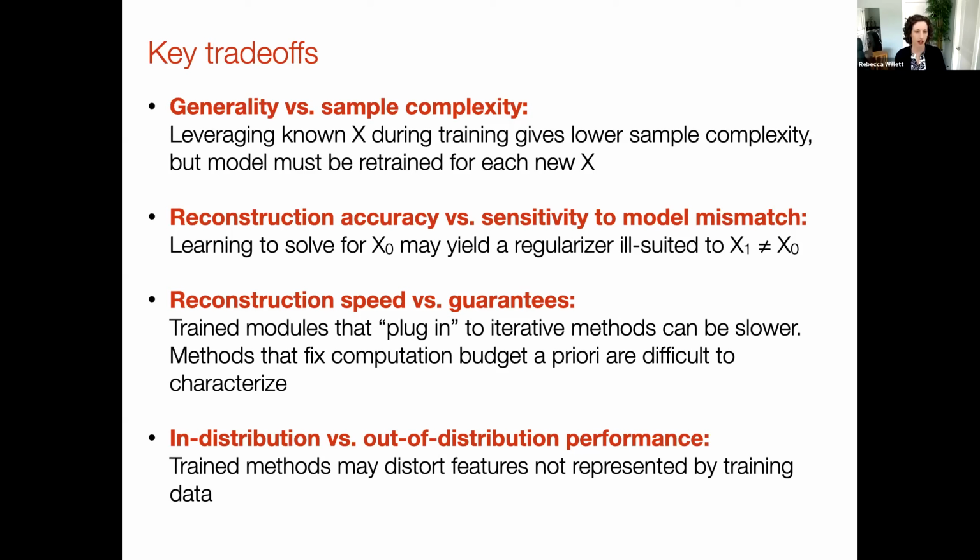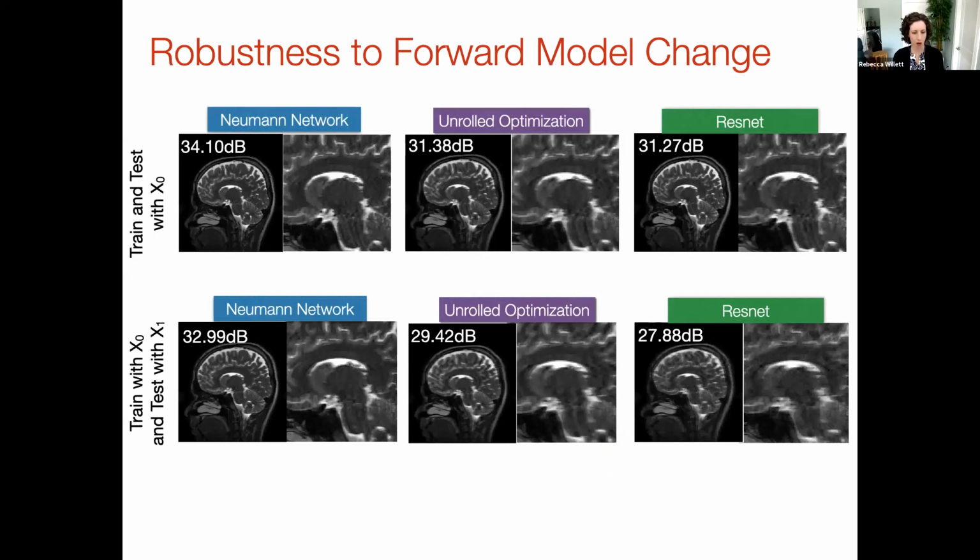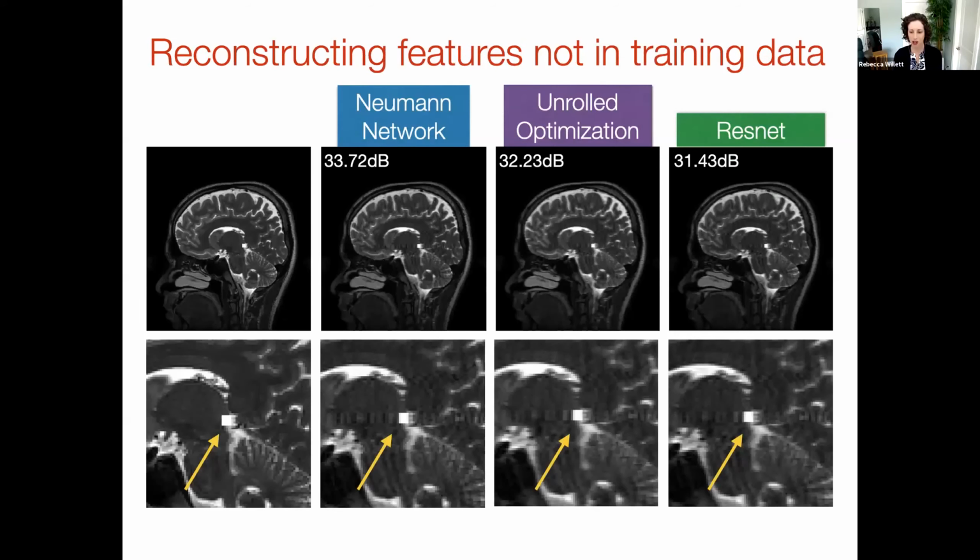So in particular, here, I'll just start going to a graphic. Imagine that all of a sudden we've trained a neural network to perform reconstructions. And then what we want to do is reconstruct an image that might have some feature that we've never seen before. So in the context of medical imaging, we might have a tumor that's a weird shape that was not represented at all by our training data. So it's sort of right here in the brain, and then I've got a zoomed in version below.